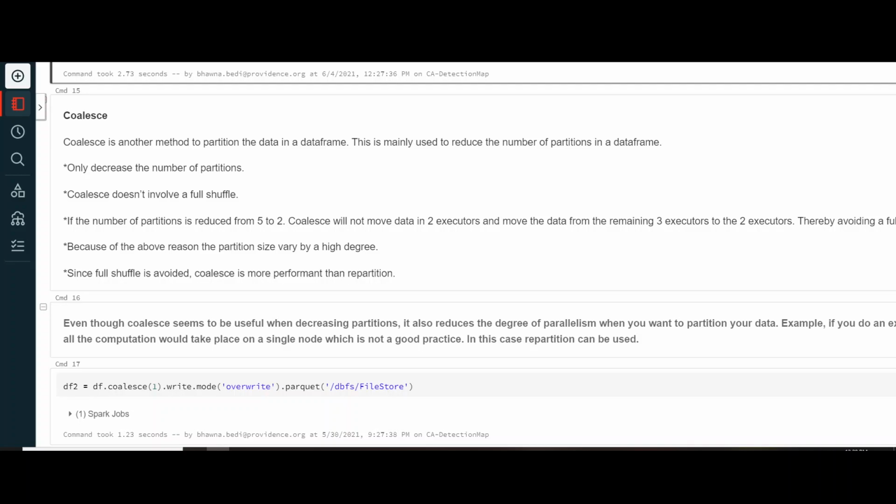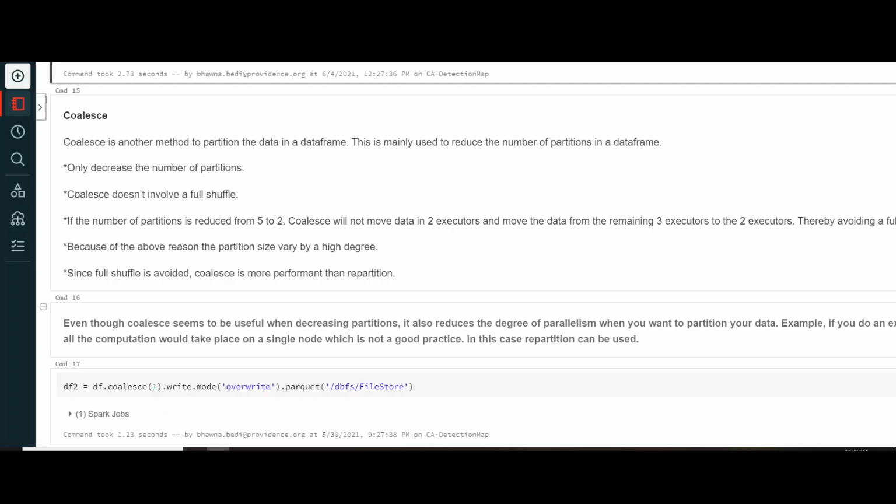Now remember one more thing. Since it is decreasing the number of partitions, what will happen actually? In case you have 5 partitions and you want to make it 2 partitions, coalesce will actually not move the data from the 2 executors.